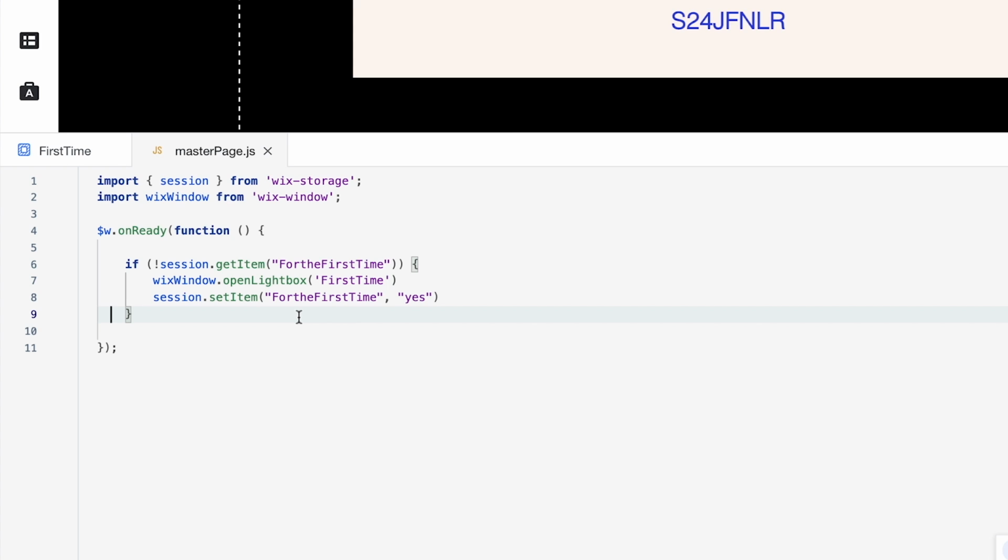And let's go over this one more time. We've imported the session function from Wix storage. Also imported Wix window so we can open our Lightbox when we're checking to see if the user has been on the site for the very first time using conditional logic and working with the session function from Wix storage. And then once we check to see if the visitor's session data has been there and approved for saying that they've been there for the first time, we'll bring up this Lightbox, giving them a promo code for the very first time.